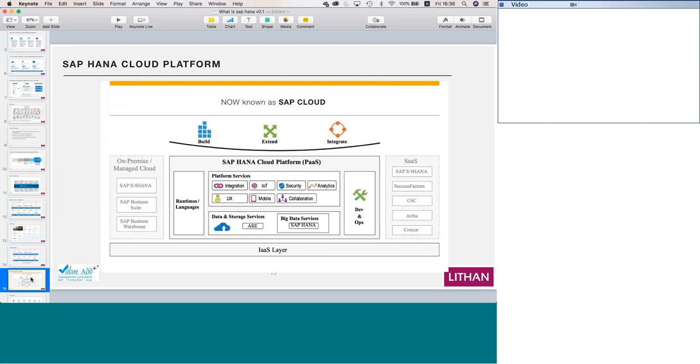Okay, so I'm going to a new topic here. Before I do, I'll just pause here and quickly summarize. What is S4 HANA? S4 HANA is going to be replacing ECC, or is already replacing it in many cases. And the database used is HANA database. The application is called S4 HANA, which is very similar to ECC. It's got all those modules, but of course there are a lot of changes. One big change is FI and CO module has become one. There are many tables which have been modified and simplified across all modules. And then you have a presentation layer for the look and feel called Fiori.